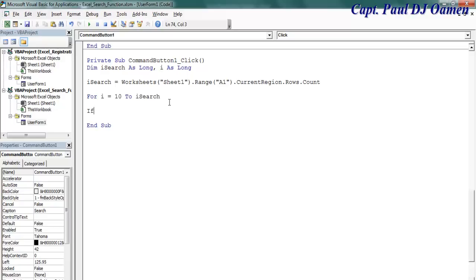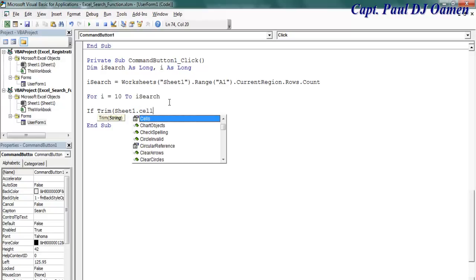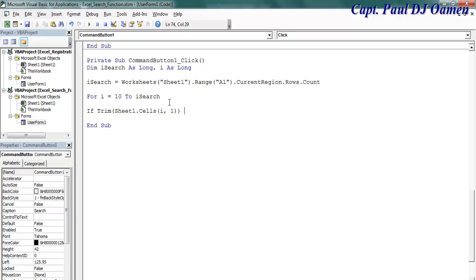Now, if Trim, searching whatever we have inside this worksheet or the Sheet1 itself, dot Cells(I, 1) is not equal to Trim whatever I have inside txtSearch.Text and I is not equal to iSearch, then